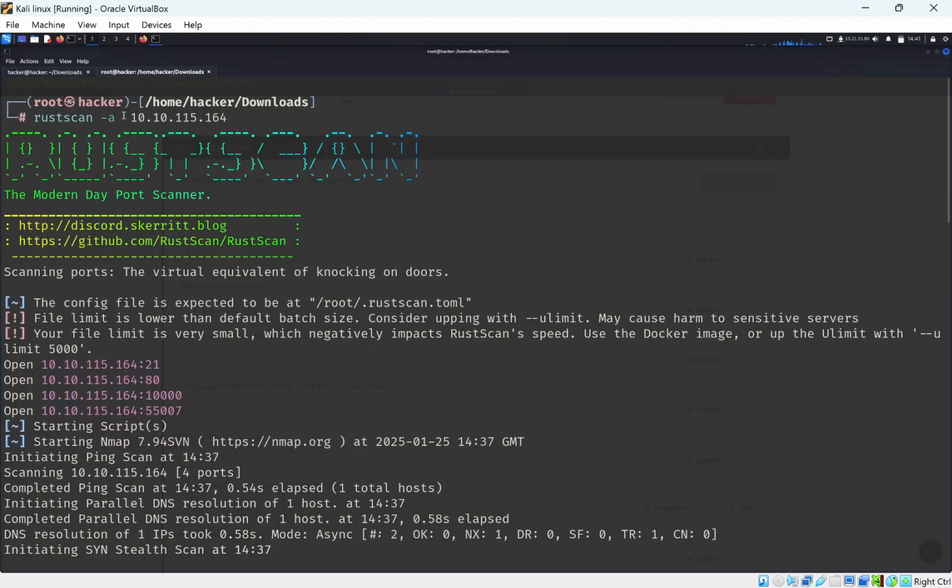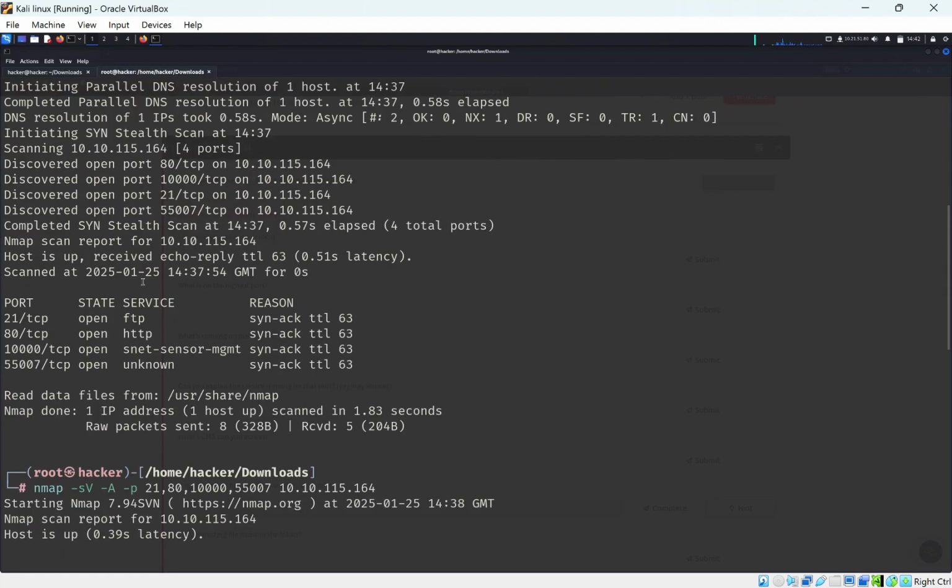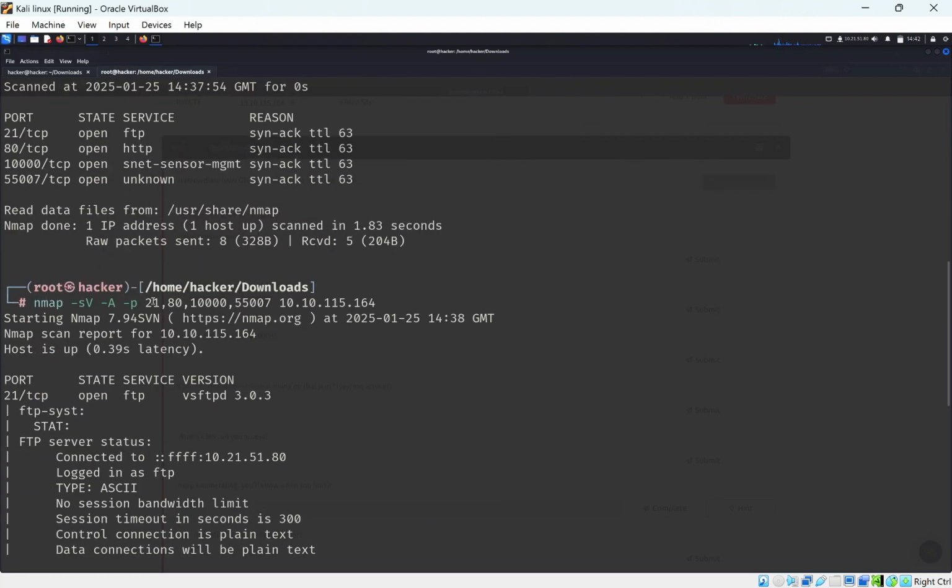So I started off with RustScan, which I did for the first time, and it's way quicker than Nmap. You can see we have 4 ports open. It's a lot quicker than Nmap, especially to find just basic ports. But we can see we have 4 ports open here, and I did another scan on these 4 ports specifically